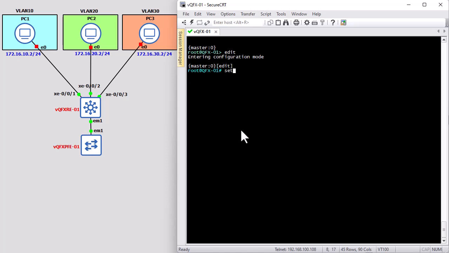Here, for example, I will type set firewall family inet filter. I will call it, for example, deny SSH traffic, just an example, it doesn't matter. And I will add a term, for example, block